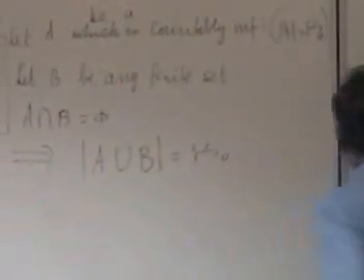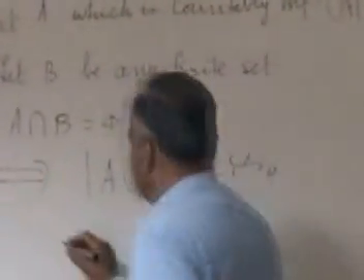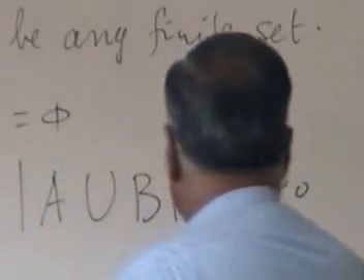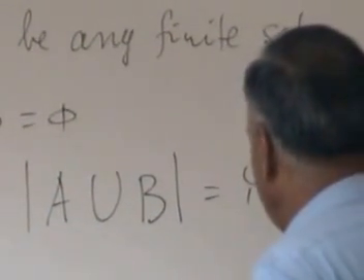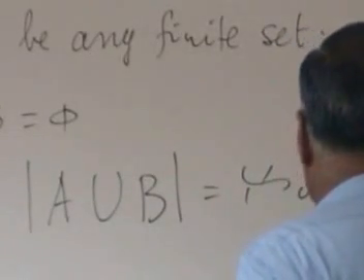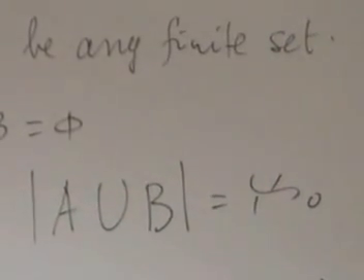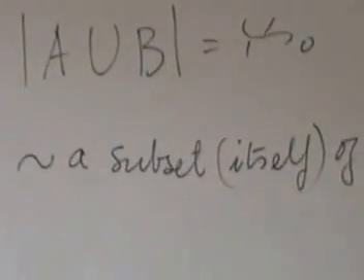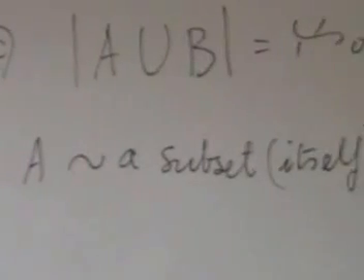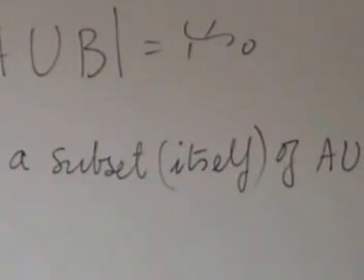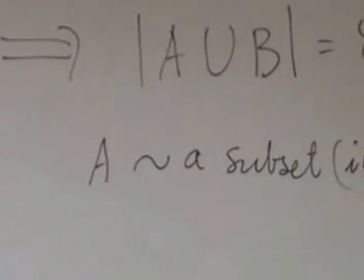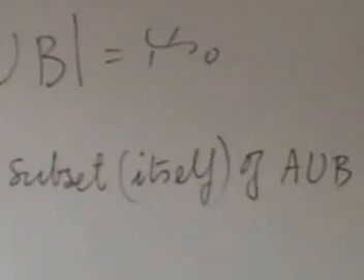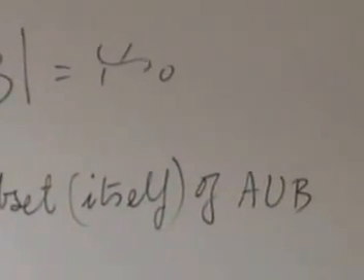Now it's easy to see this as follows. Already A is equivalent to a subset, namely itself, of A union B. So the only thing we have to show is that A union B is equivalent to a subset of A. That's all we have to see. In fact, we will directly see that it is exactly equivalent. So what is A union B? This is all of A, and B has brought some finite number of new elements, let's suppose. Okay, so this is what A union B is.